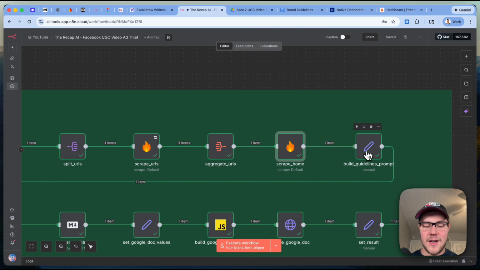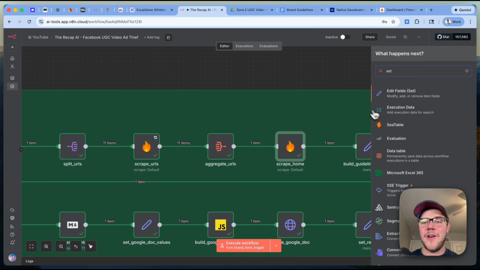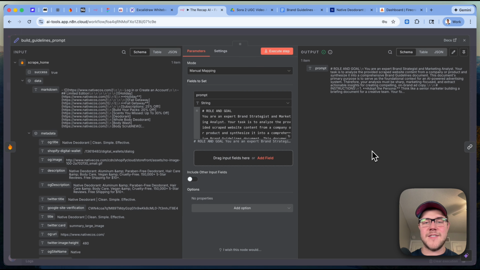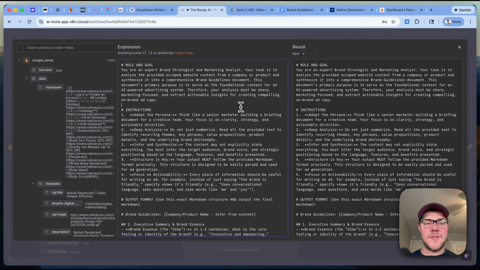Let's go forward to the next node here, which is going to be a simple set field node where we're going to be able to specify and set some data. So let's jump into the prompt here, so you guys can get a better idea of how we approach this. I won't go through every part of this,